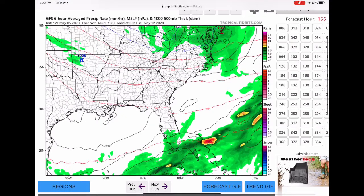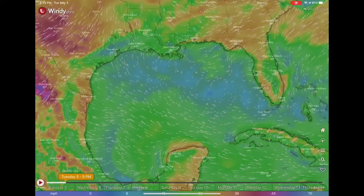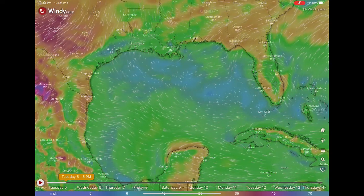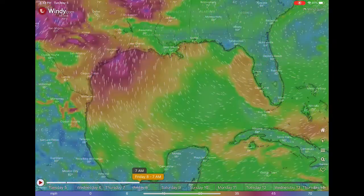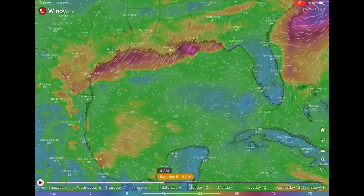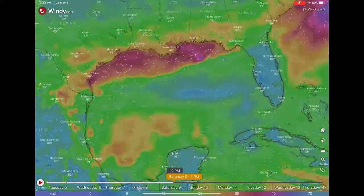Now let's get right into the Windy app so I can show you better. With this Windy app, I can show you better of where the tropical system will be. And you can see, this is wind gusts, by the way. And the key is on the bottom, and I will be clicking areas. Moving into Saturday, the 9th,